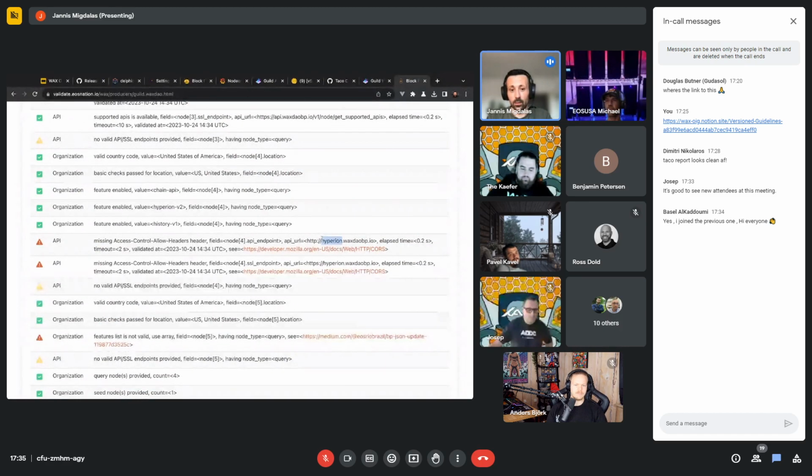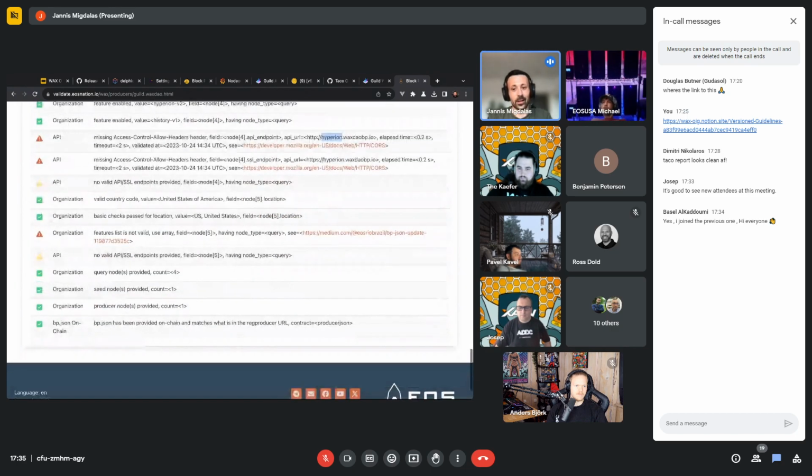No, this is for Hyperion. We are still seeing occasional errors involving cores on the APIs. So your APIs then can't be used by wallets and can't be used by websites connecting directly.